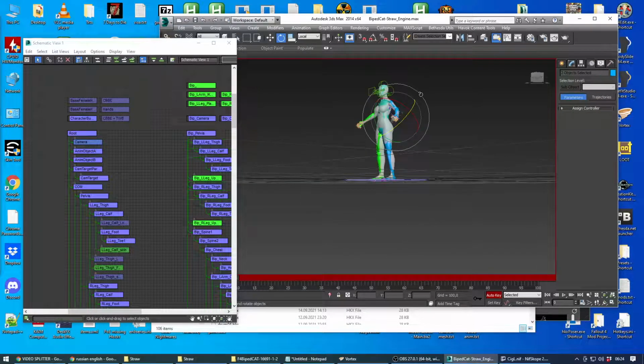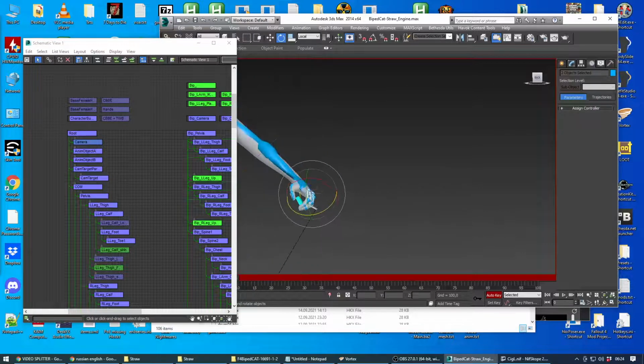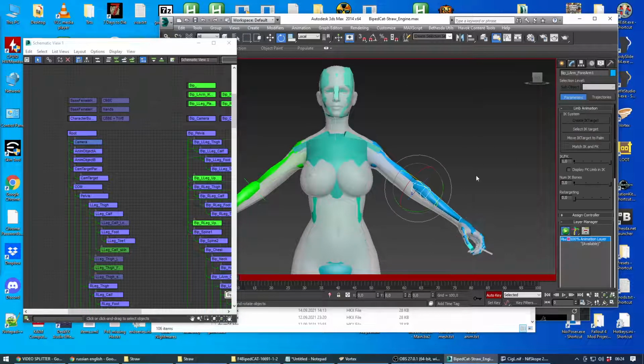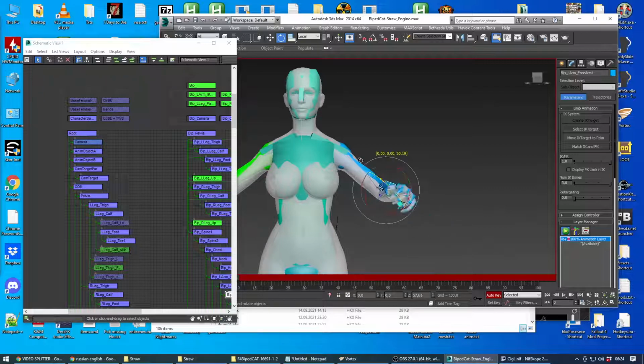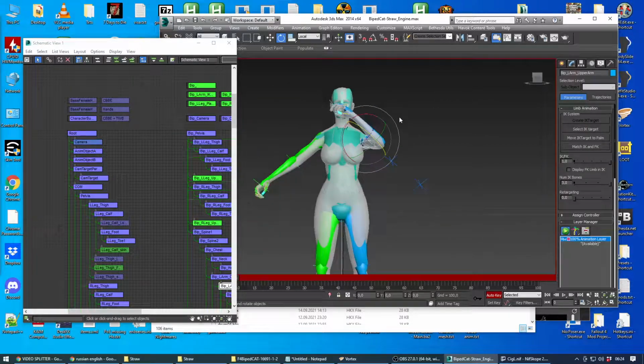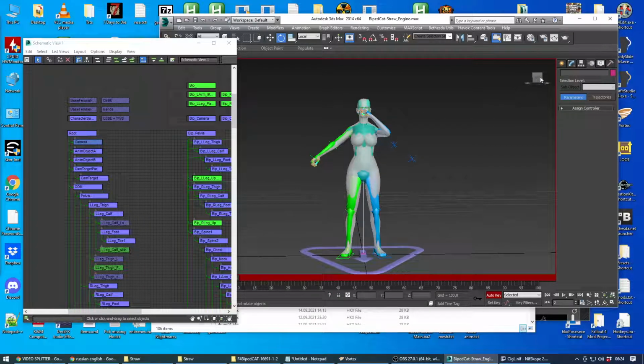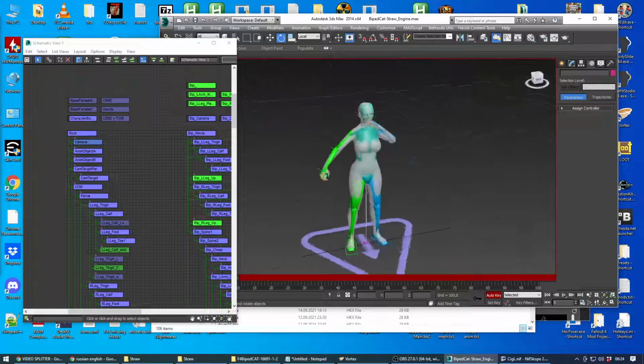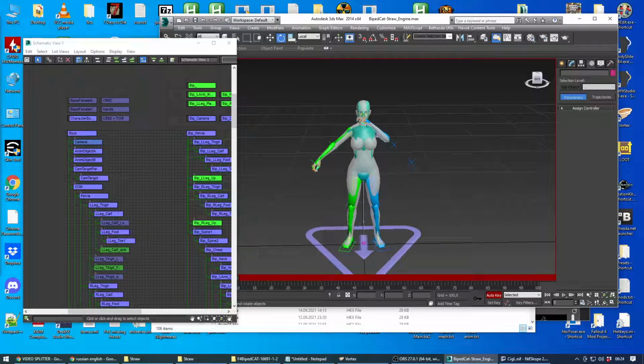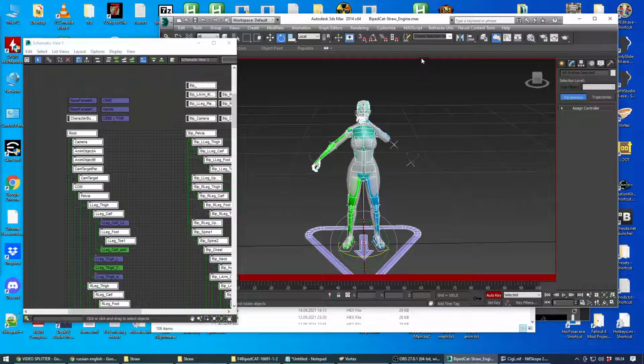Alright, just so we see that it worked, let's move this arm a bit, and this arm a bit, and there, we're good to go. Okay, now what we're going to do is we're going to export our pose, and we are going to do CTRL A. We basically select everything, then we press the set keys button,